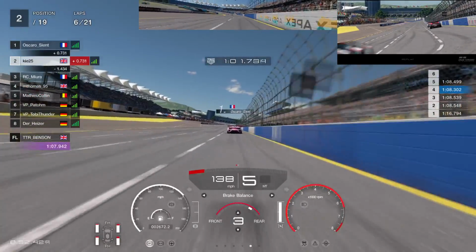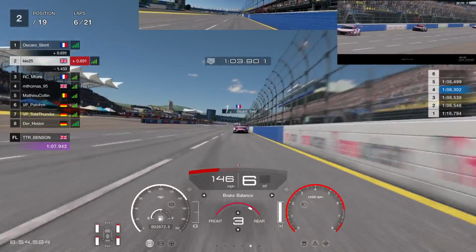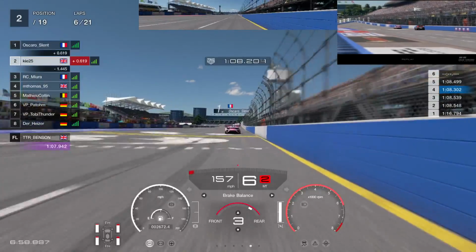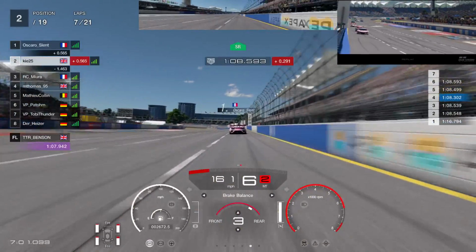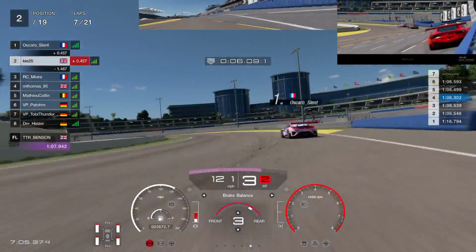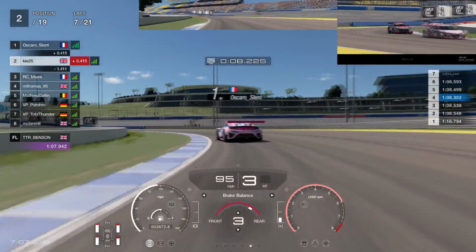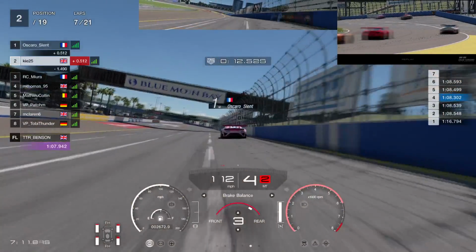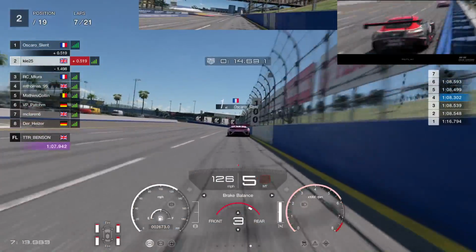You can see I'm doing a little bit of short shifting, not massive amounts. I'm just trying to keep the revs around halfway on the straight because I've got the slipstream, and it is helping me build up to speeds which are over 160 miles an hour. So look, 163, 164, 165. So that's 3 or 4 miles per hour, not faster than what I would do in a qualifying run with no slipstream. So short shifting and still gaining speed because of that slipstream,